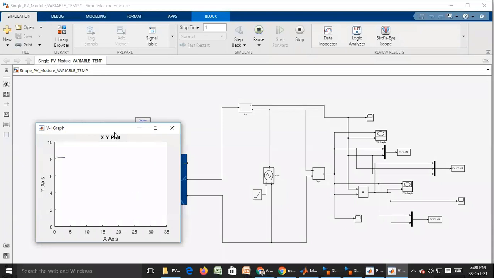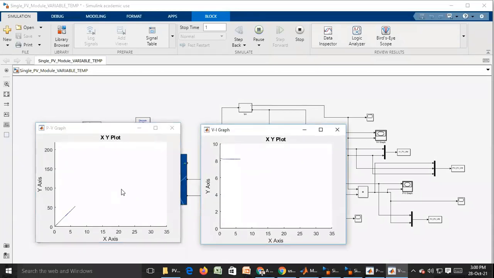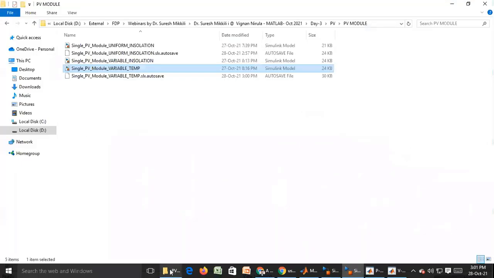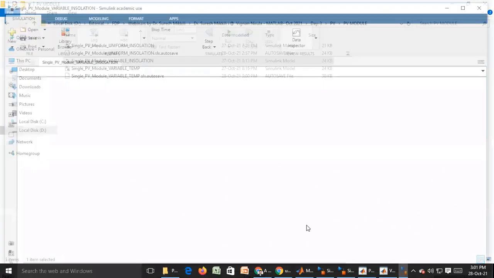See, even though variable temperature is there, it is able to track almost equal to uniform irradiance conditions. But the harder one I will take when I consider variable insolation levels. I am closing.